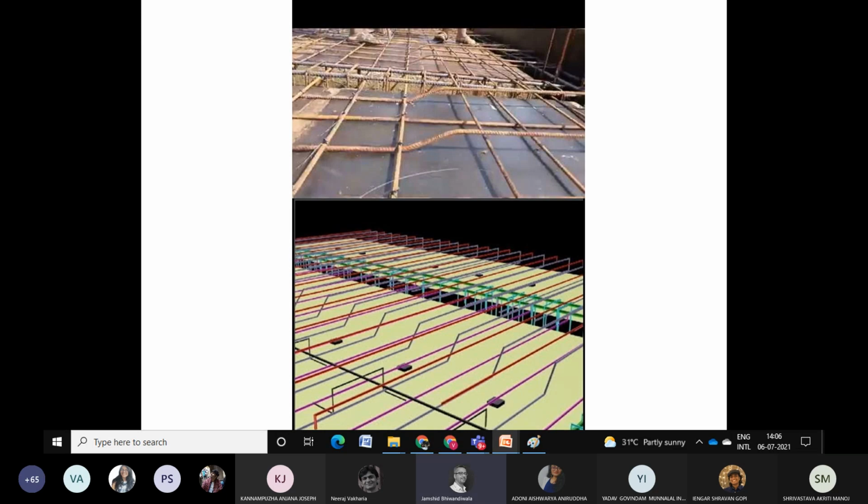This is how it looks in reality. In reality, the bars are bent on the top, between 1/3 and 1/5. That's the bar that is bent on the top and goes ahead. That's the alternate bar that comes from the other side, bent on top on the other side, and the bar goes below. Similarly here, that's your beam. This is part of the slab. These bars then get entangled in the beam, thereby transporting the load into the beam.